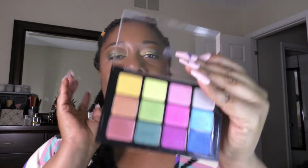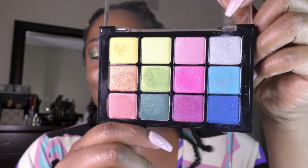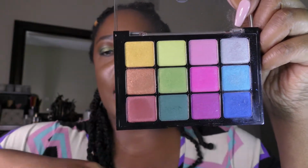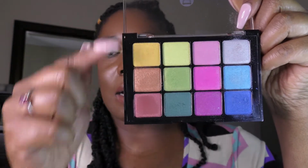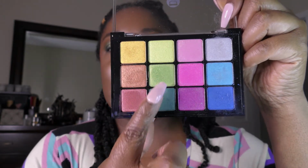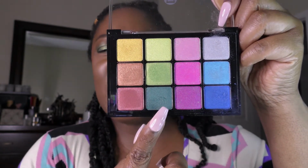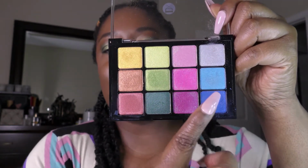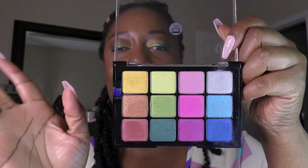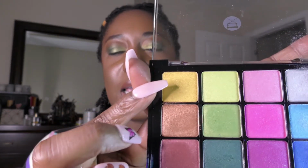I was really interested in it because of the shimmers, because they're bright. They are all shimmers, and what I like is that it seems to be shades of the same color if you go down the columns. So you have here these pinky purple shades, you've got these greens, and also this sort of teal, I would say, or seafoam green, and then you've got the blues, and then you've got these two colors which are pretty similar, and then you've got that gold just for an extra pop. So today I used this shade here all over my lid, and I used the gold in the inner corner,